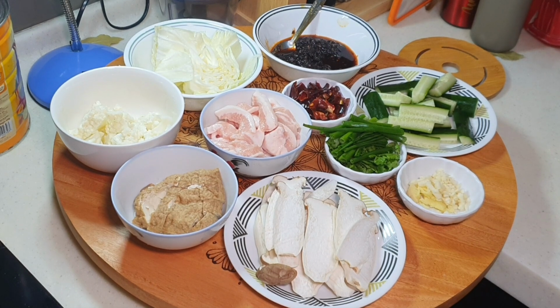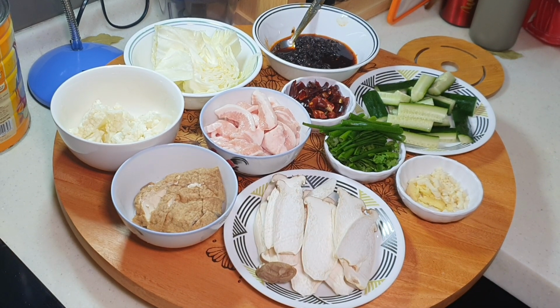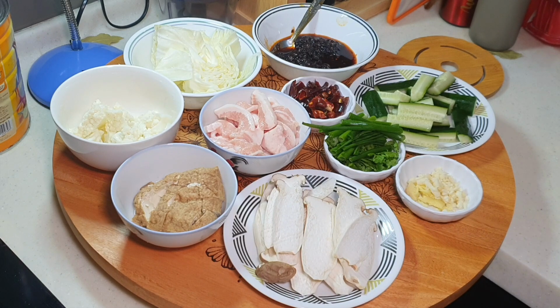There's this thing called dry hot pot recently in the market, which is very popular amongst Malaysians. Appa also likes it, and since I can't go out and eat, I will just make it myself. But today I'm using the ready mix